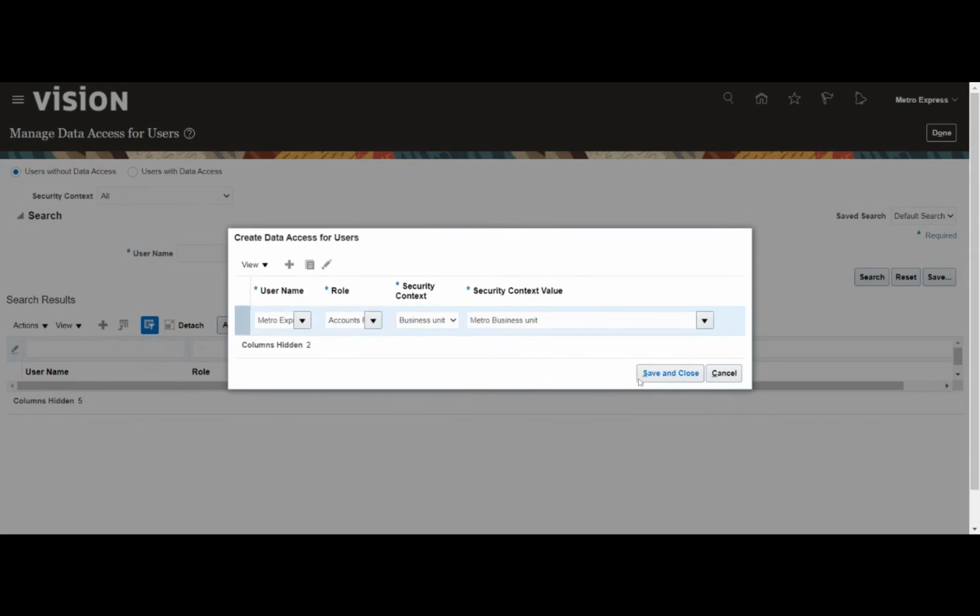Okay, it is already assigned, so that is the reason we are not able to assign. But the process is the same, so that is how we will assign. Once we have assigned it, we should be able to see our business unit under the transaction screen. So I'll navigate back to create transaction and let me create a new invoice.